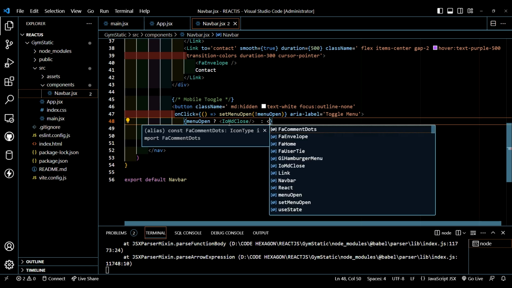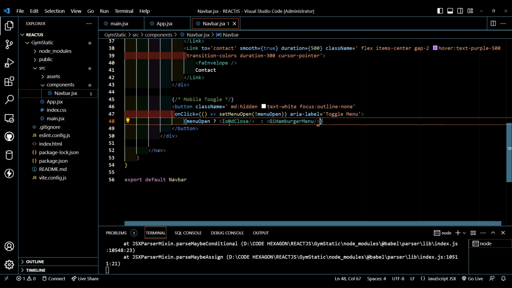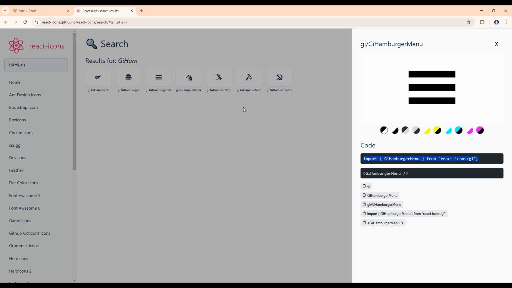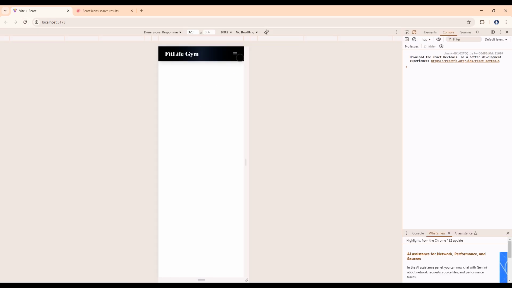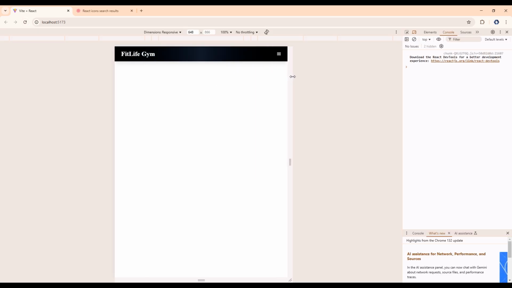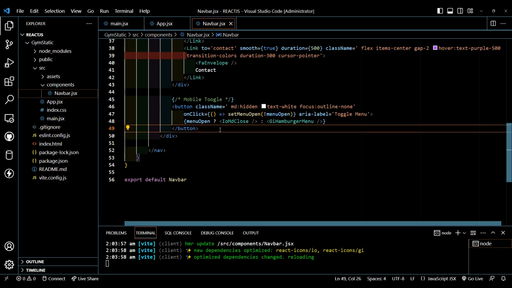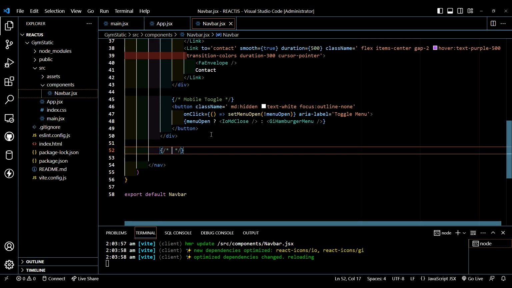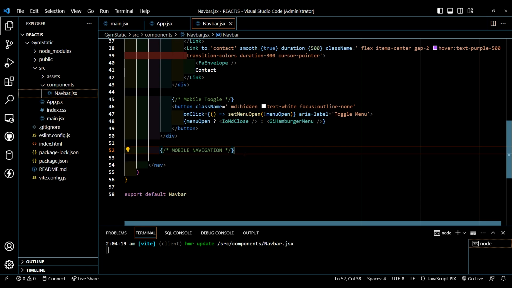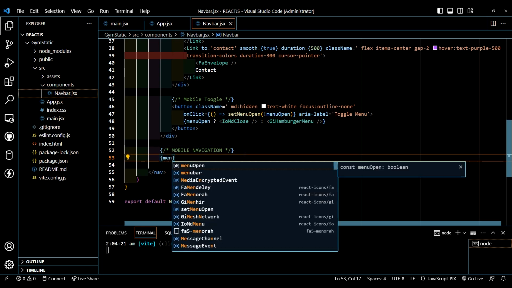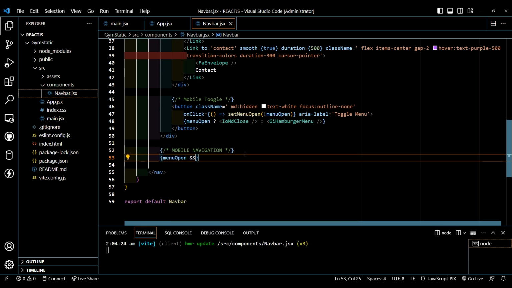Now import this here and here. Nice. As you can see, now refresh the page and now as you can see, it's present here. Now let's create mobile navigation. Menu open and